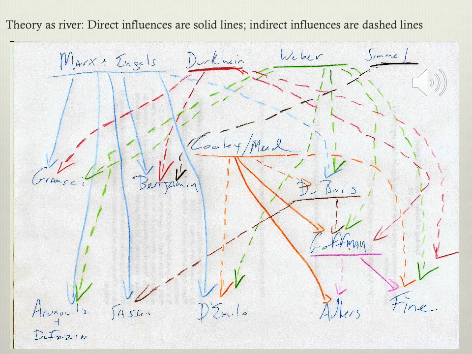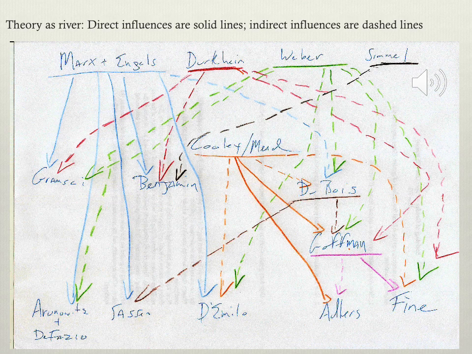And so I have all the lines drawn out on the chalkboard, but I leave the names blank. Then I have you get into small groups and try to guess who is where in terms of the river. You try to figure out, seeing all the different types of influences, who's influencing how many people, whether it be a direct or indirect influence, and where they are in terms of the history. You try to figure out who goes where.